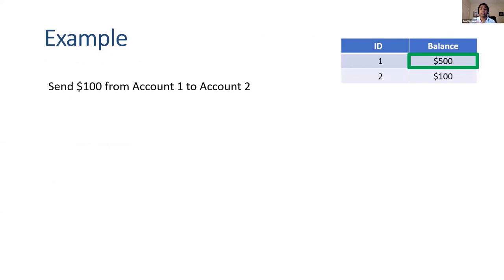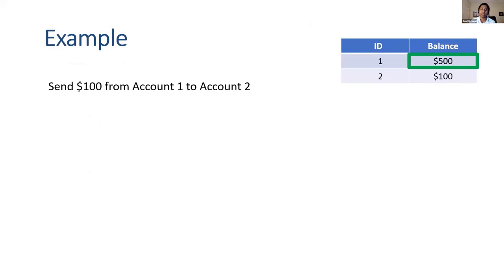So let's talk about a simple example which is ensured by the ACID property. For example, I have a balance of $500 in my account, and I wanted to send $100 from my account, which is account 1, to my friend's account, which is account 2. I can do this in different ways, right? But in my example, I wanted to use the mobile application of my bank. I'm using my phone to do that.